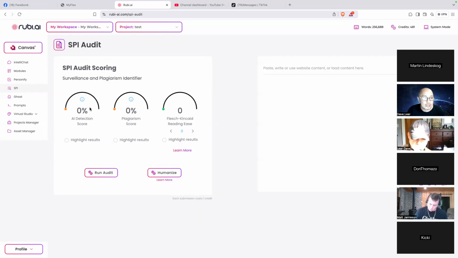So what they did is they have this audit scoring wherein you can just put in the contents here and it will score and let you know if it's detected to be written by an AI. All right. And if that happens, you can click humanize and it will change it to a more human sounding content. Okay. So we can try it.